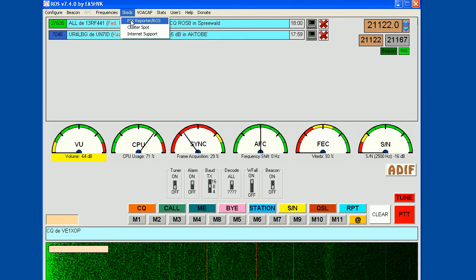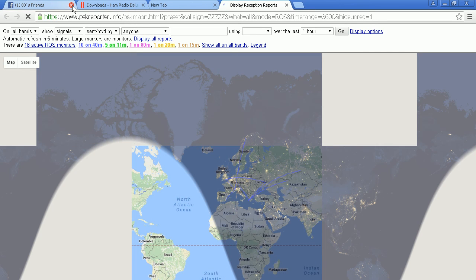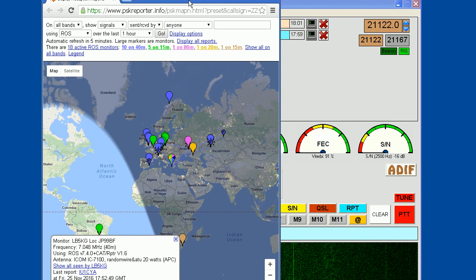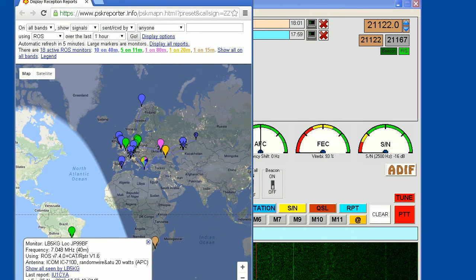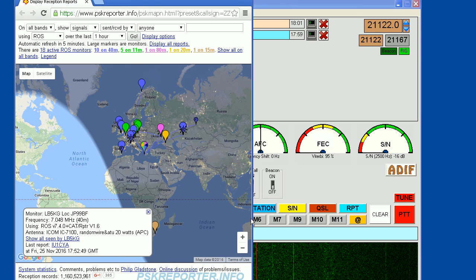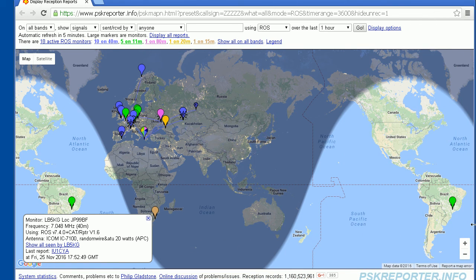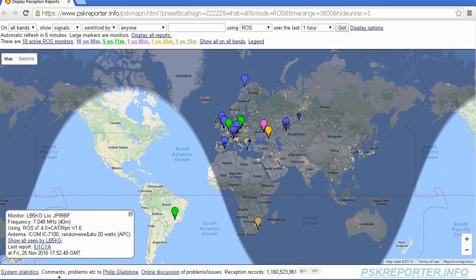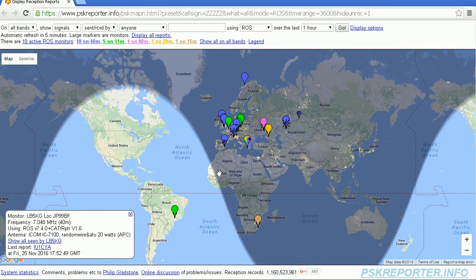SCEDS, PSK reporter. This is interesting. We'll close all this other stuff up. So this is a rather interesting piece. Wonder if I can just fit this into the screen properly. Yeah, let me just adjust that a little bit for everybody. I've got the resolution set up at 720p, and I think that looks better. There we go. And you're probably saying, wow, gray line. Yeah, it's got the gray line deal going on, and this basically is